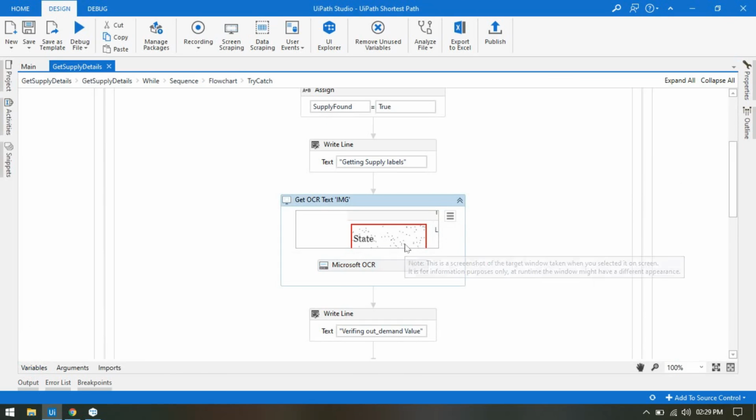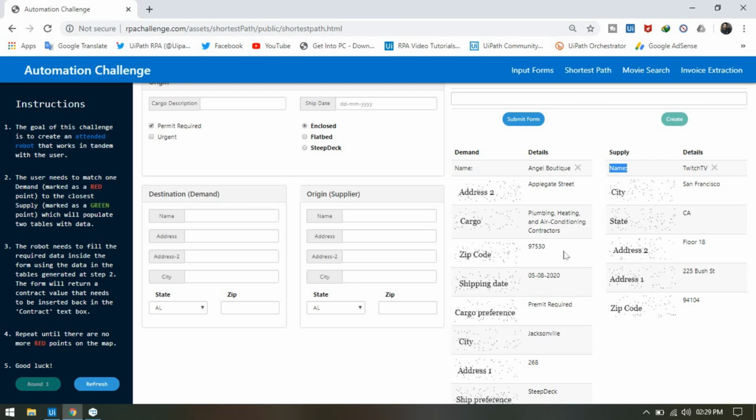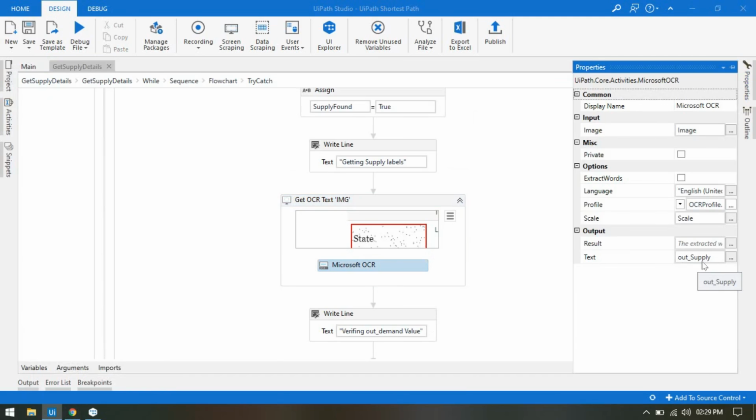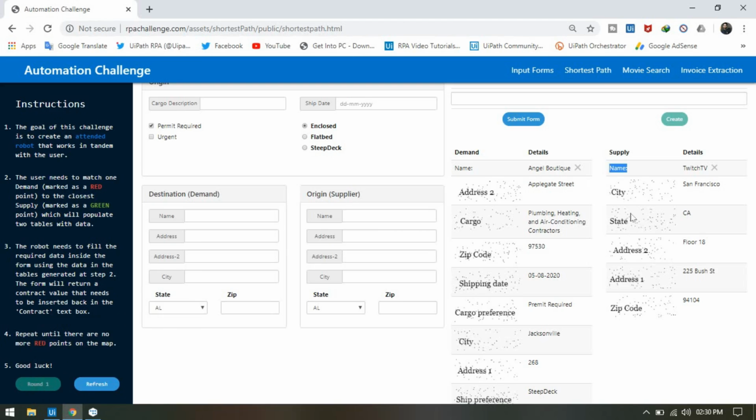So first it will go and capture this data, this CT, with a scale 2 using the Microsoft OCR engine get OCR text activity, and then it will have this data in this variable, that is out supply. So what value will we get in the out supply? This city, not this details.